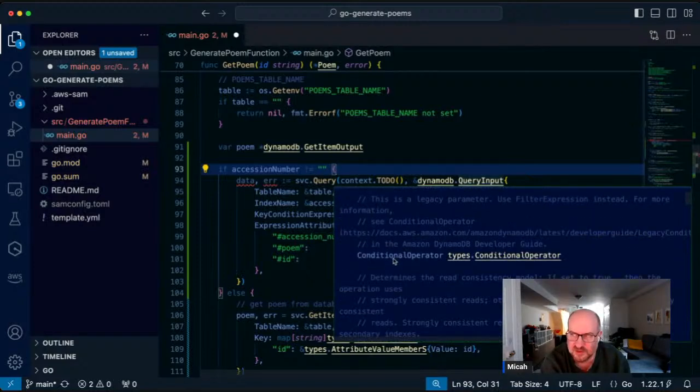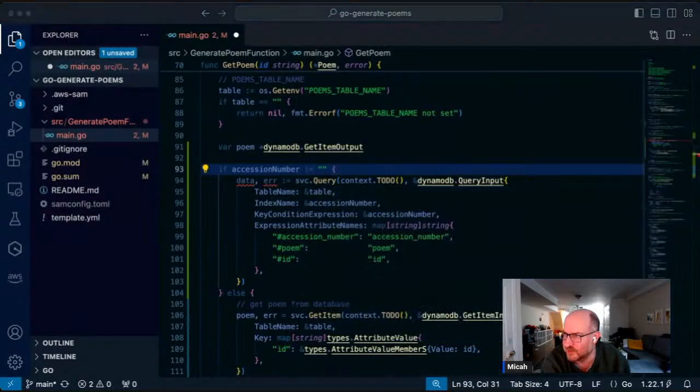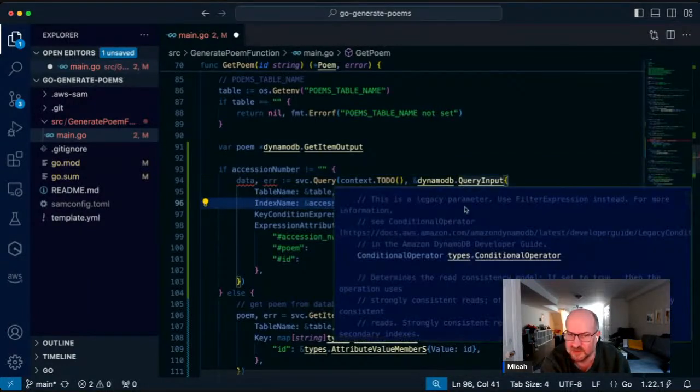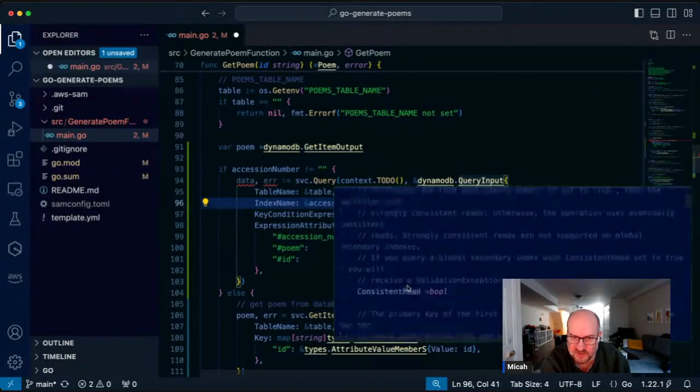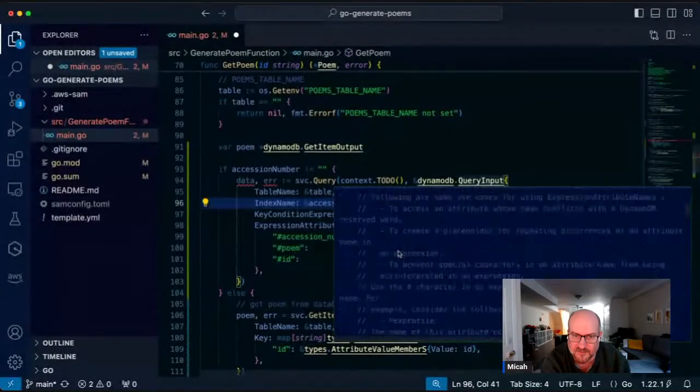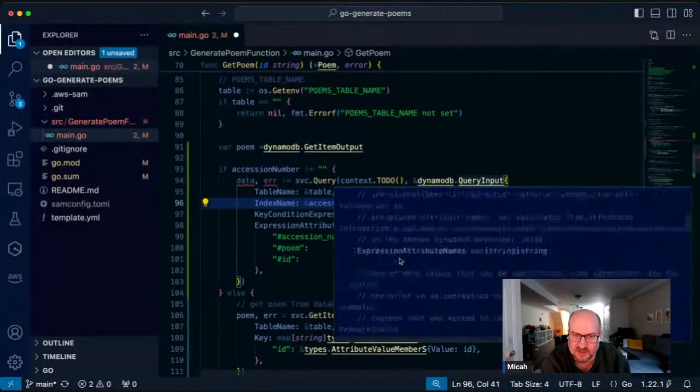Conditional operator. Can you guys see this little pop up? I don't know if you can see. Oh yeah, you can. Cool. All right. So if we want to put conditions in, we don't need to worry about that. Consistent reads. Okay, keep going. Expression attributes.